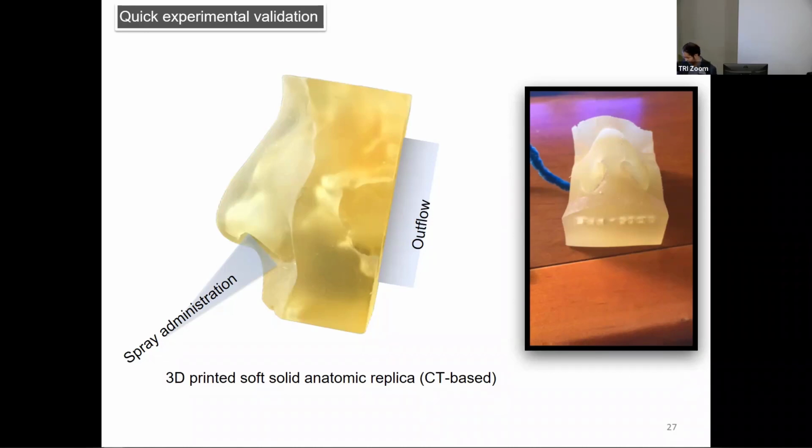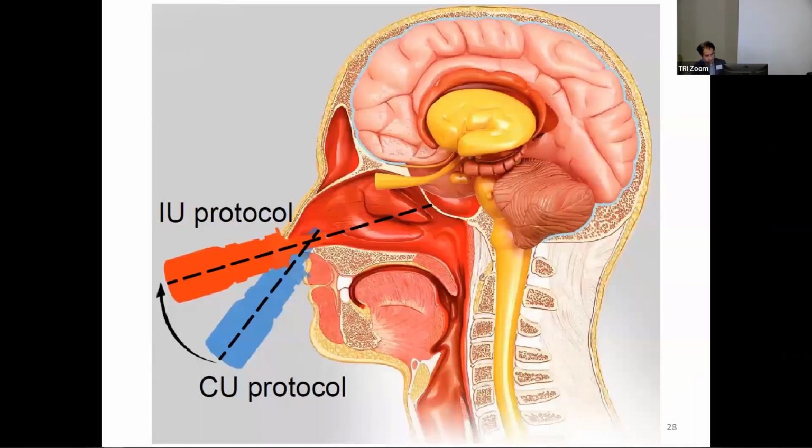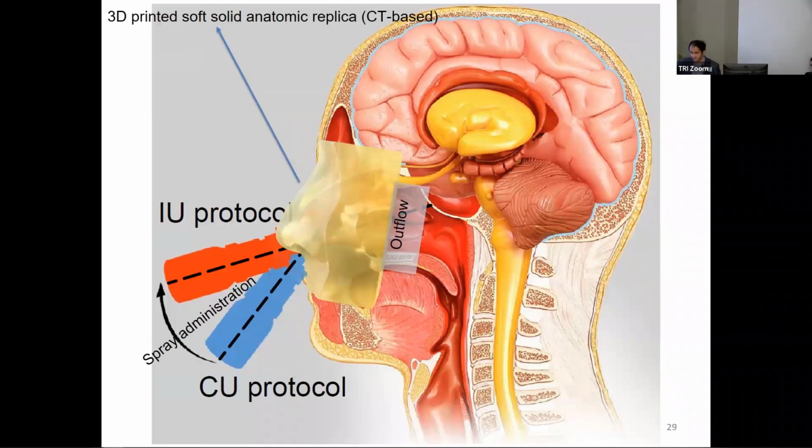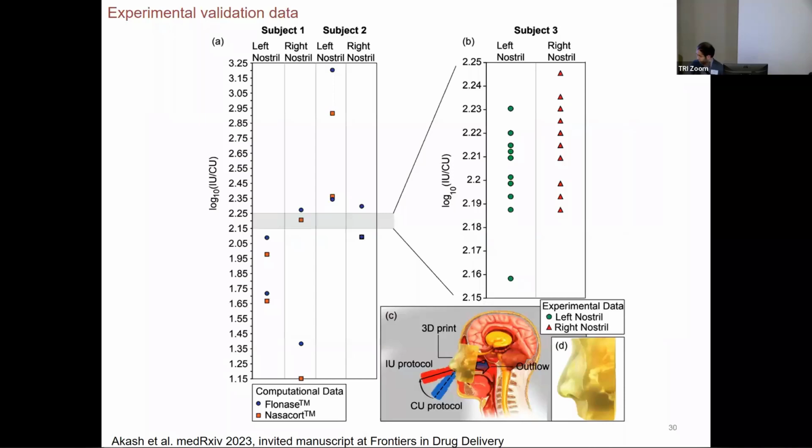But we designed this in such a way that if you think about the upper airway anatomy, if we place the 3D print, we can measure the outflow volume, a plain simple measurement of the volume that is going to wash through the nasopharyngeal walls. We just try to check the penetration, in other words. And this 3D print is, by the way, a third subject, not among the ones that we used for the CFD simulations, which is good because we don't want to generate a new finding that is true for just the subjects in our study. We want to see if it can be extended to other anatomies possibly. So this is the validation